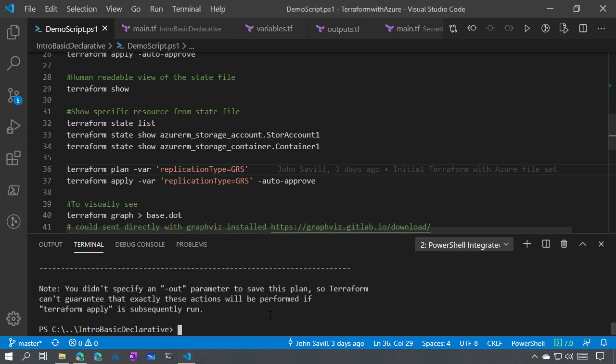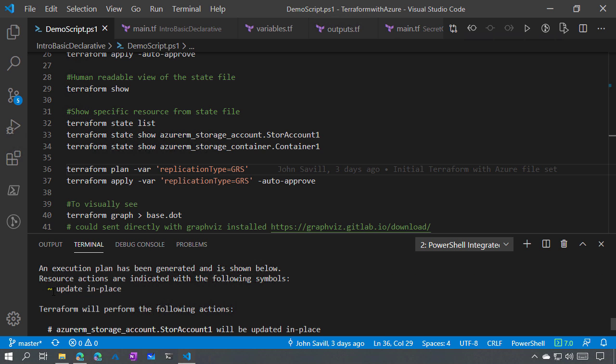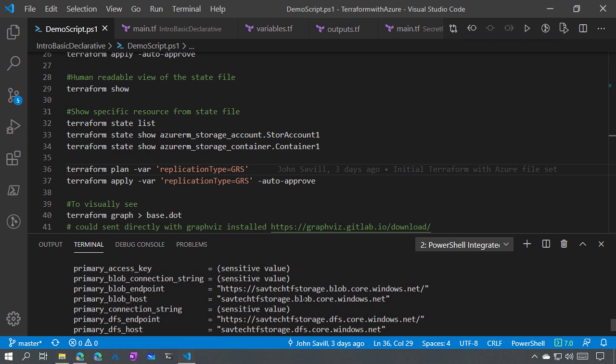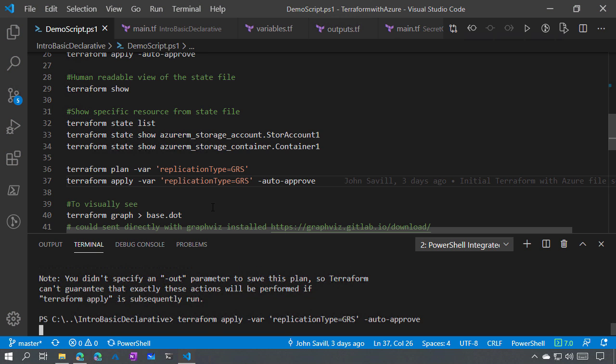But it's going to go and look, and if we go through, oh, there's an update in place, this yellow squiggly. Account replication type is going to go from LRS to GRS. And also it's saying it's going to remove a tag which I'm applying through policy. So again, I'm not applying that through Terraform, so it's going to remove it, but then it's going to go straight back again. So if I actually applied this now, what I'll actually see is that account will actually transform